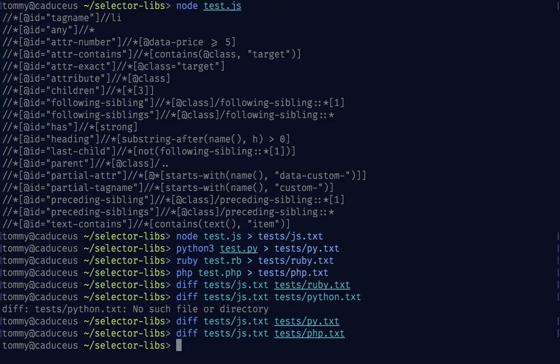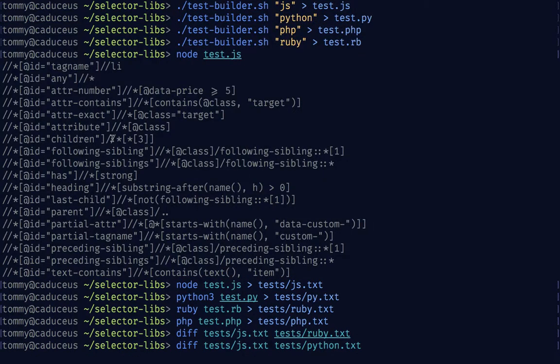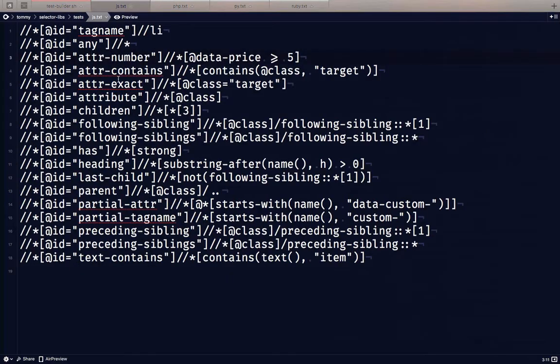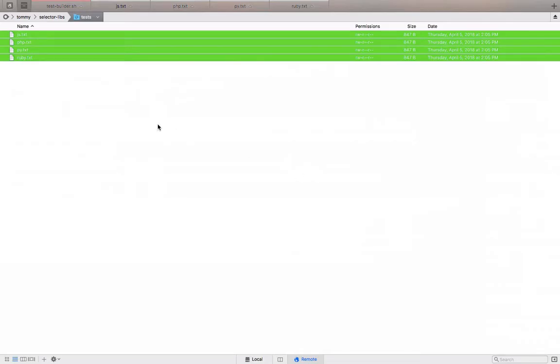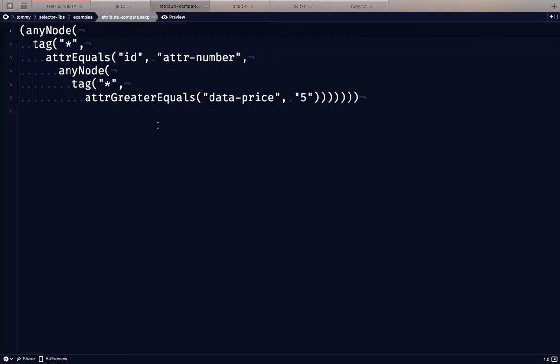So if the Ruby, Python, and the PHP are all equal to the JavaScript, what we've done is successfully encoded data in a format that can be read by helper functions in 4 different languages. We've written a library of those helper functions in 4 languages, and we've also built tests for each of those languages that will evaluate the same data to give us a test result that we can compare against the other languages. So I don't know about you, but that's pretty exciting to me, finding, instead of JSON or some other thing, finding this data format that all these other languages can read and process,